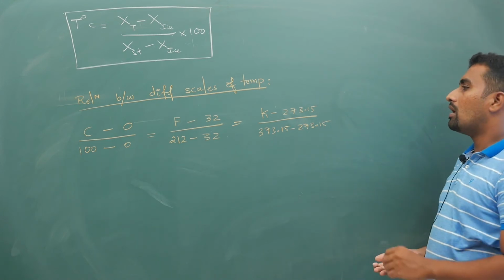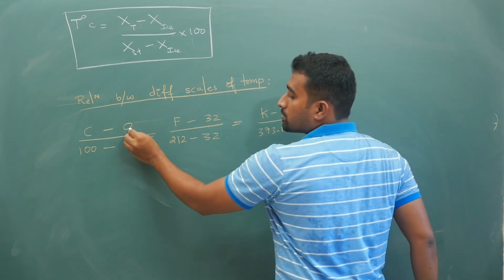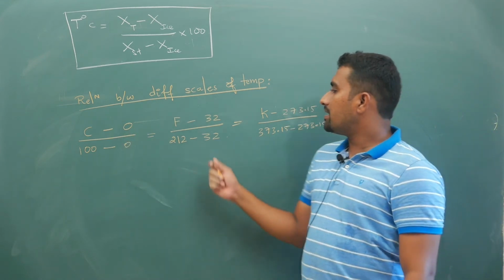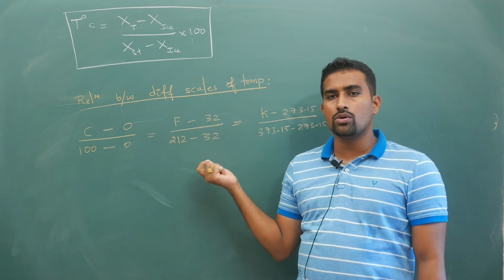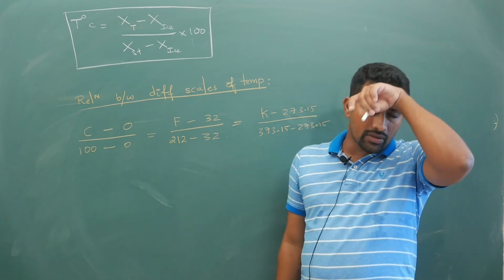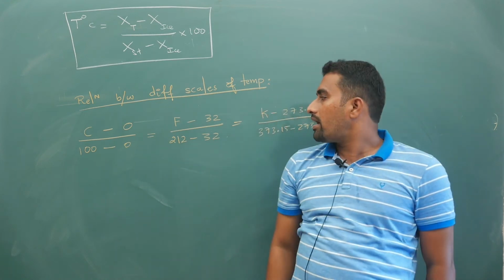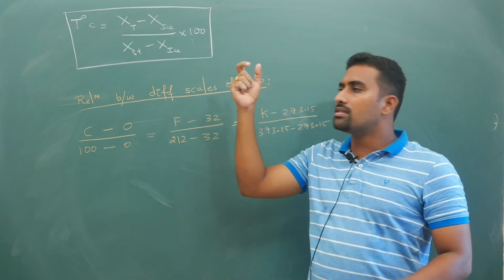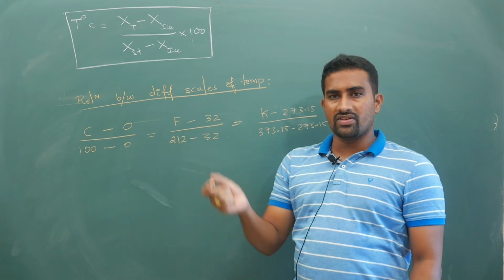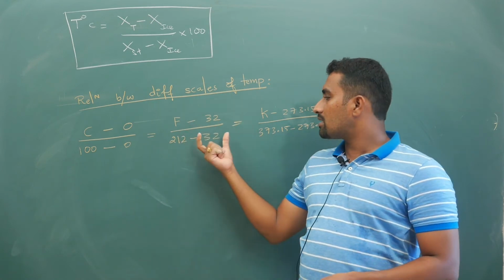Now what does this mean? This is your ice point. In the Fahrenheit scale, the ice point means 32 degrees Fahrenheit. If you take a Fahrenheit thermometer and dip it in ice, it will show 32, and if you dip it in steam, it will show 212. You are marking the scales like that, with gaps, this much length, so this is this much, that is that much, like that.